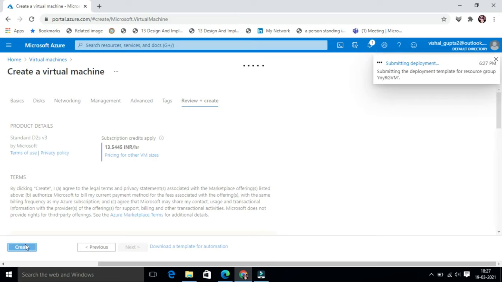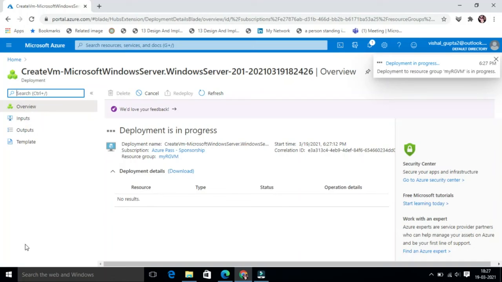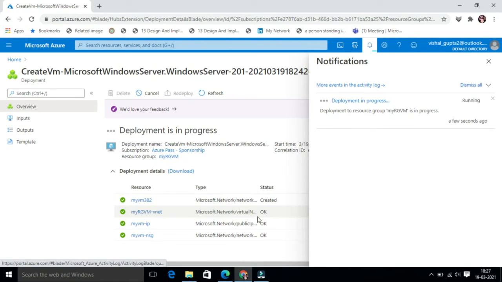It can take anywhere from 2 to 3 minutes to deploy the virtual machine. You will receive the update on the deployment page here or via the notification area, the bell icon on the top menu. It is in progress, so we will wait here for some time.